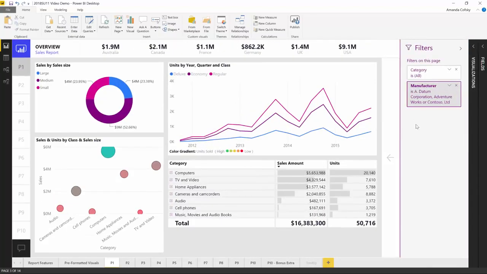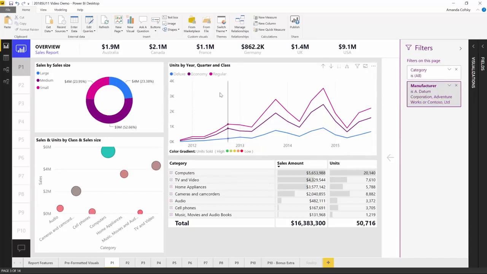The last piece of functionality you get with this new filter experience is that there's now a new icon for any of all of the different charts on your report. You'll see that next to the focus mode button, we have a filter icon. And when you hover over that, you're going to see all of the filters being applied. This was a common request we also heard. It's really hard when people are viewing your report to know what filters are affecting the data I'm actually seeing. So now anytime you have that question, all you need to do is hover over the icon